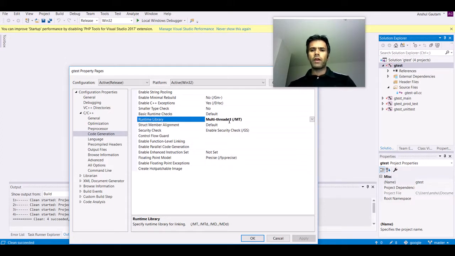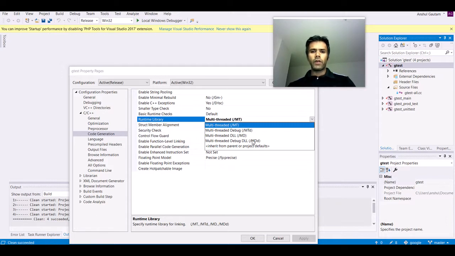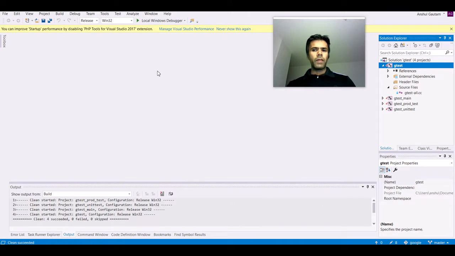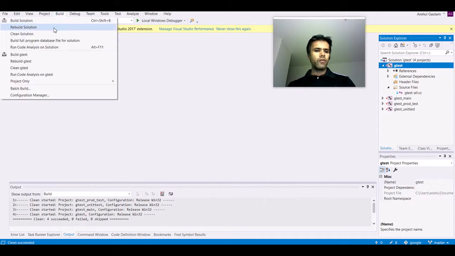At this point, I'm using multi-threaded. You can also use multi-threaded debug and multi-threaded DLL and DLL debug. So there are these different options over here. I'm going to use multi-threaded in this case, and then I will click OK, and now I'm ready to build this. So I will click on rebuild,